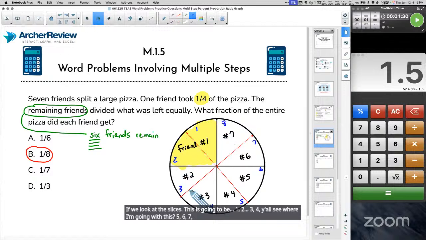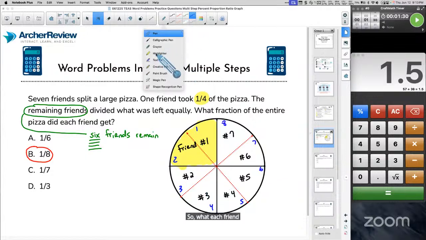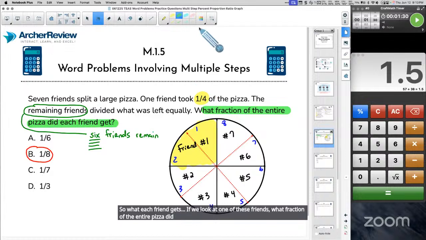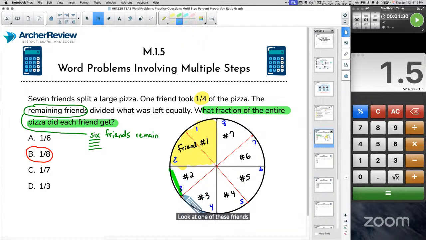5, 6, 7, 8. There's 8 equally sized slices up here. So what each friend gets, if we look at one of these friends, what fraction of the entire pizza did each friend get? Look at one of these friends that didn't get that big slice. So that friend right there